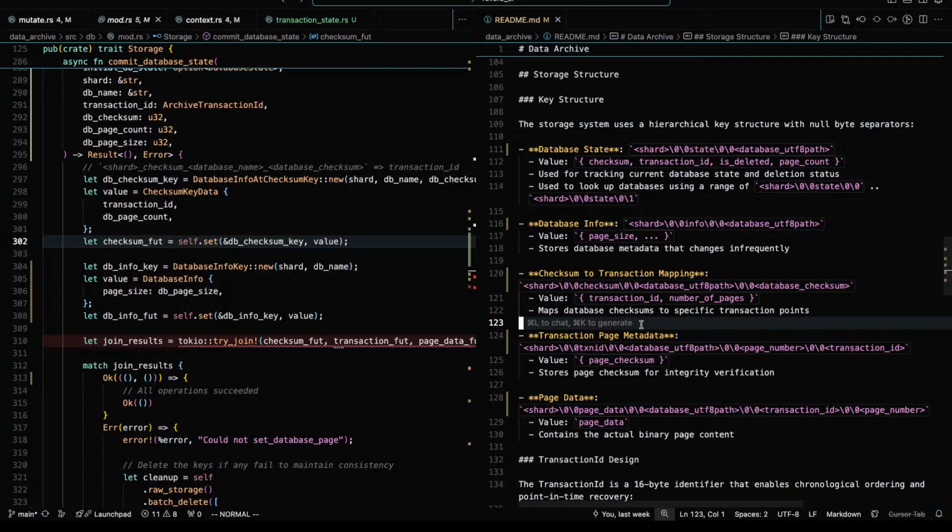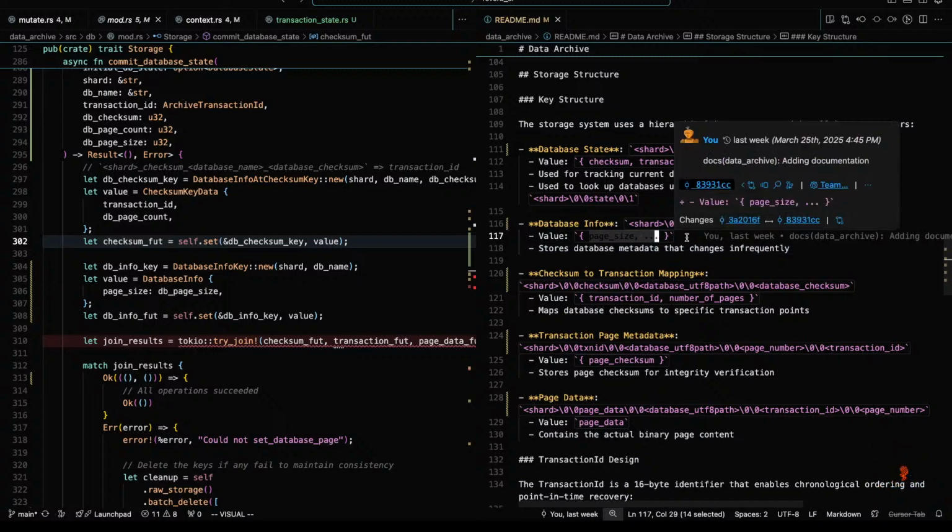But would we treat, trying to figure out what my past self was thinking about this? Perhaps page size is here because we were thinking if the page size changed, we would effectively delete and recreate it, right?